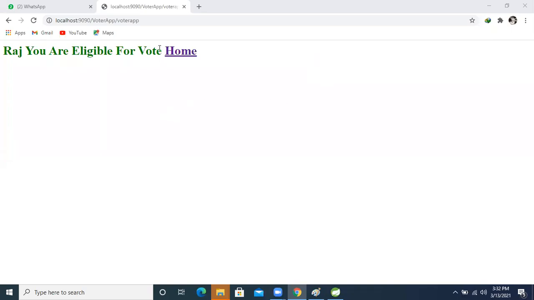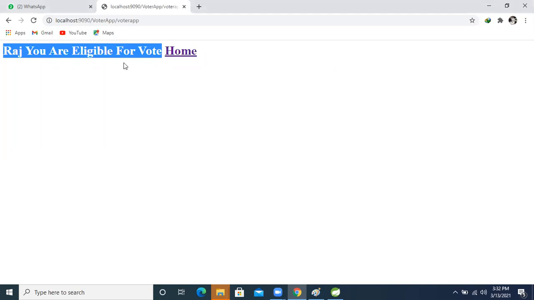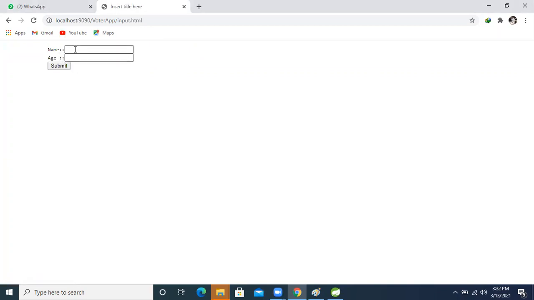Pankaj, is doPost heavyweight compared to doGet? No, just see, if we make the request from here, I'm taking just two inputs, right? So we can make the request data less than 2 KB. If we want to upload something like an Excel sheet, then at that time it will fail. So if we want to send a huge amount of data from the end user, then we use a form.